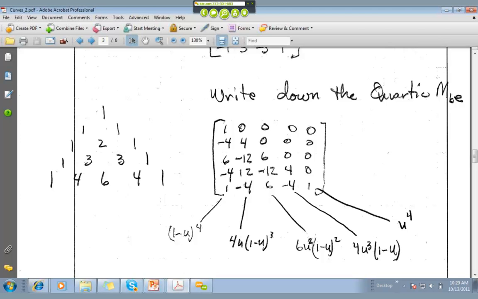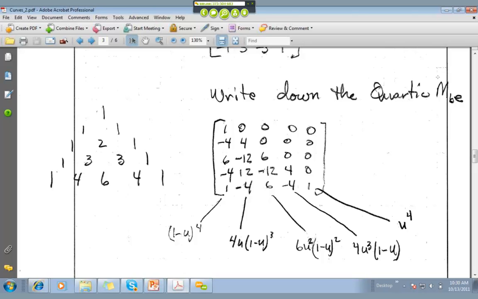How do we get the minus 12, 12? How do we get the minus 12 there? Where do those come from? Well, if you think about what column this is, you know it's always going to be whatever the coefficient is. So there's the coefficient. There's the coefficient. So wherever the coefficient is, which is 4, it's the coefficient of this term, 4, times the expansion of whatever the 1 minus u is. So we go to Pascal's triangle, and the 1 minus u cubed is the cubic set. And so it's going to be 4 times 1